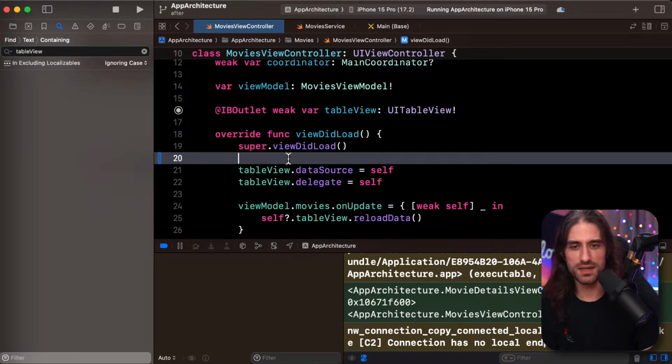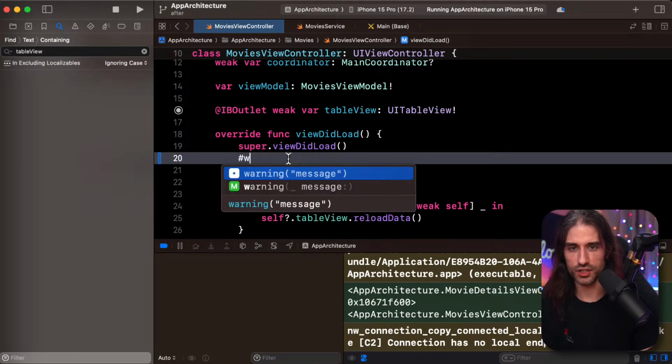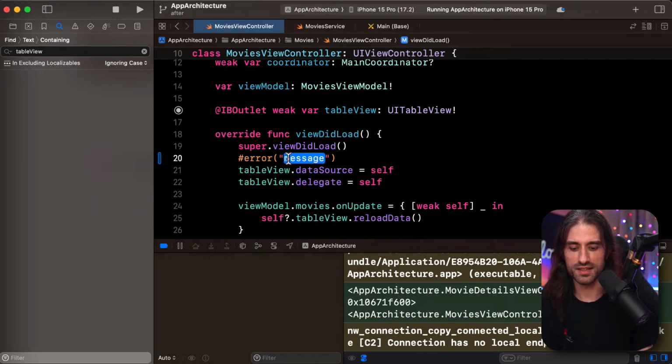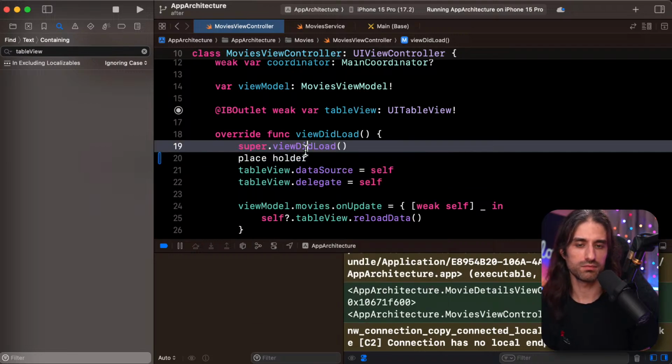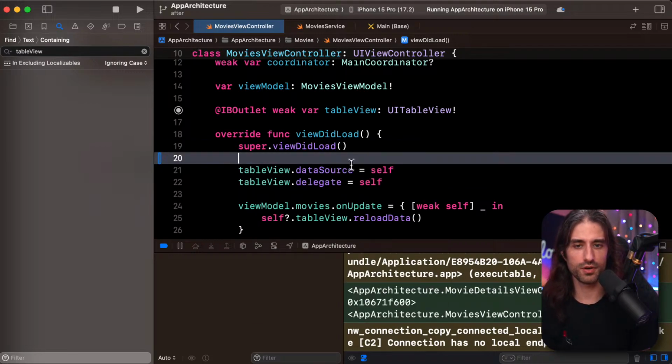One small advantage maybe of using hashtag error is that you have a bit more room to write stuff. I mean, you can also write stuff with the placeholder, but actually, I'm trying to see when you do a placeholder, can you put more than one? Can you put like spaces? You can put spaces, okay. So I guess you could also do it. I guess it's a question of choice.